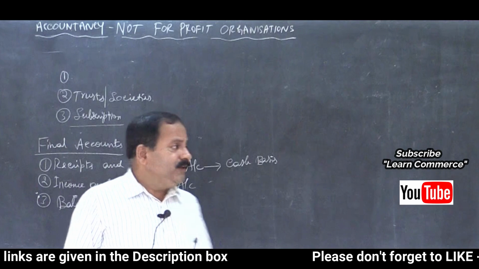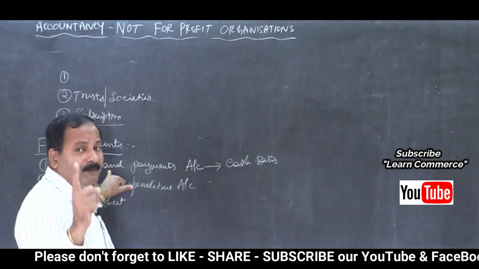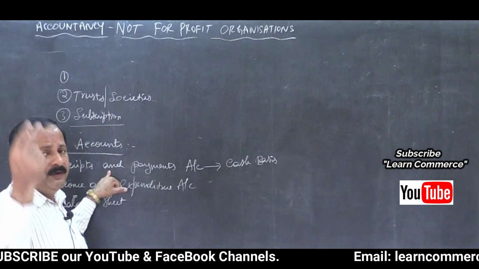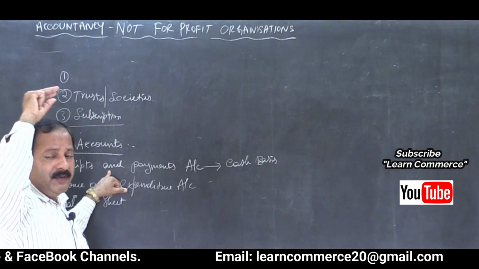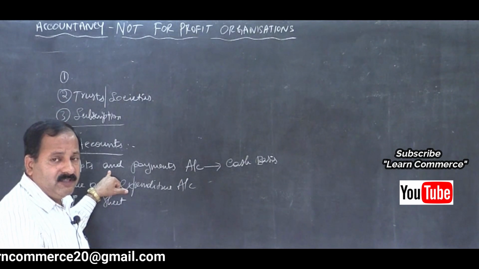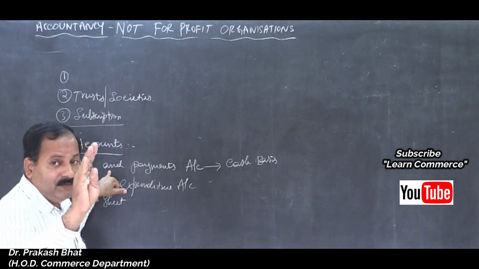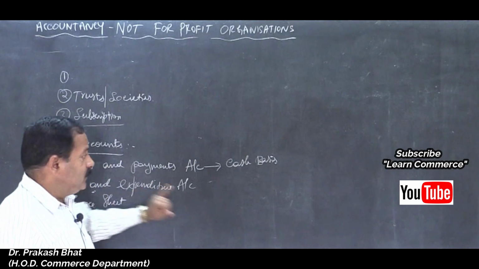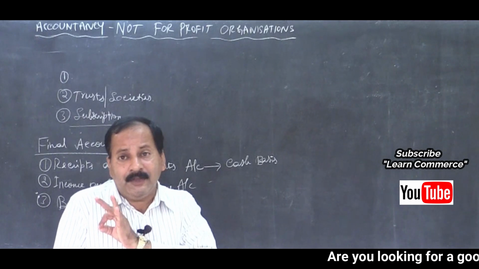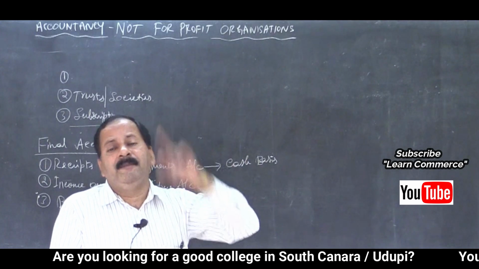But when we take up the receipts and payments account, the cash account, we are not concerned about which year it belongs to. Maybe last year's income or last year's subscription was pending and the members gave it during the current year. We are not concerned about whether it belongs to last year or current year. We will enter it on the debit side, because it is written on cash basis and not on accrual basis. So we are not concerned about which period it belongs to.